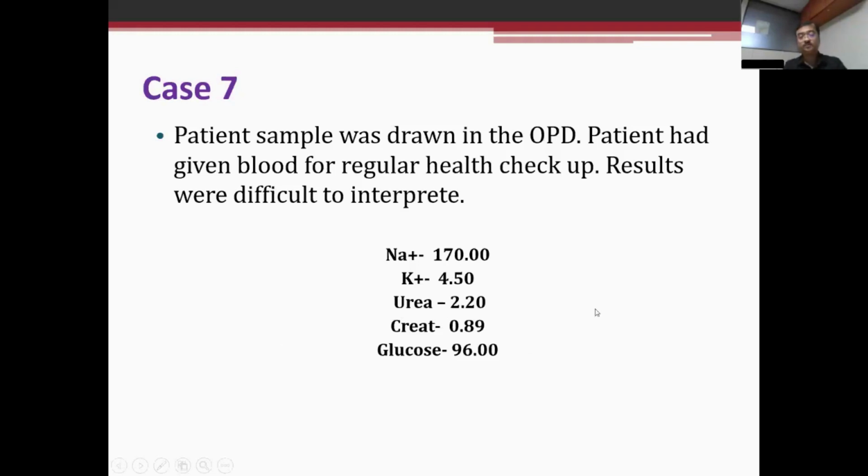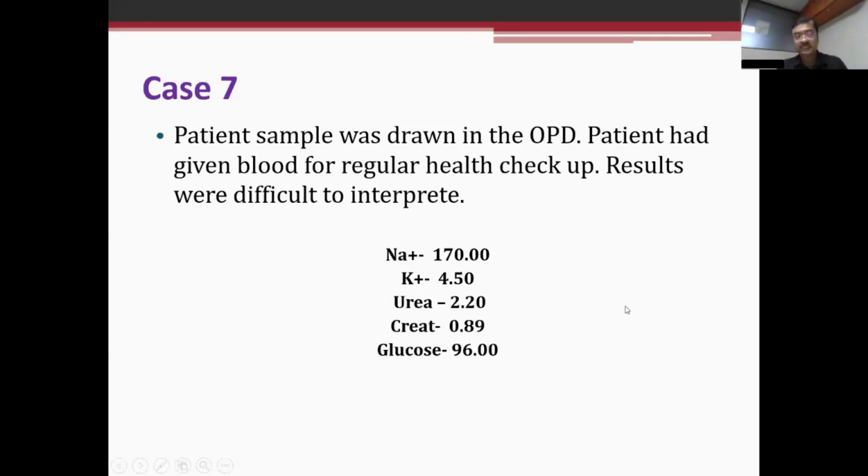So first I looked at the sample. I found the RBCs were not properly clotted in the clot vial, partly non-clotted. Despite that, 4 hours had gone by. The entire concentration had gone to urea. Why is it 2.2? How many patients have you seen with urea 2.2? I called the phlebotomist and interrogated him very badly.